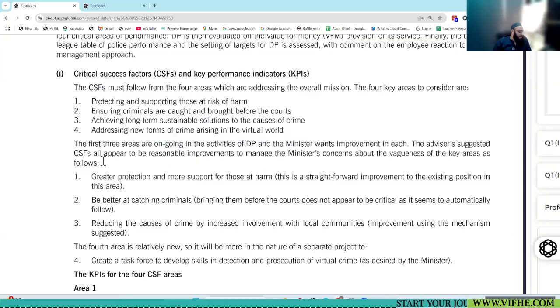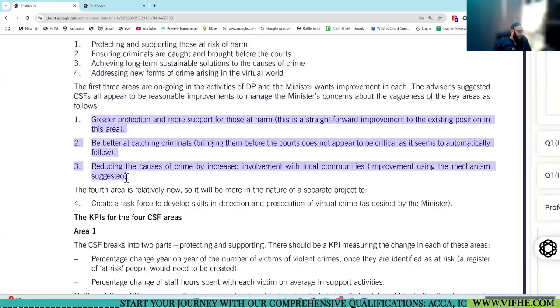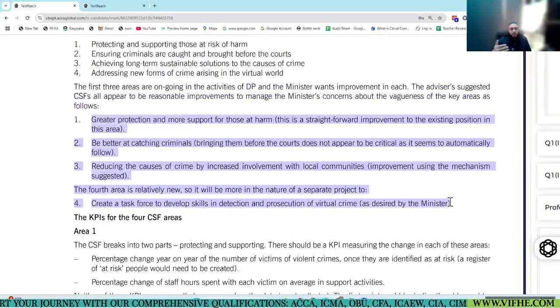The advisor suggested CSF incorporating the improvements to remove the vague part from it. These are the 4 suggested by the advisor, whereas the fourth was a new one because this is a new thing, the fourth one, right?